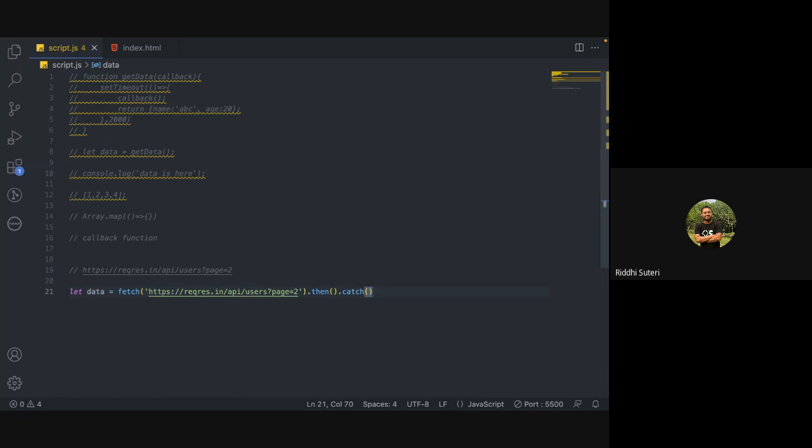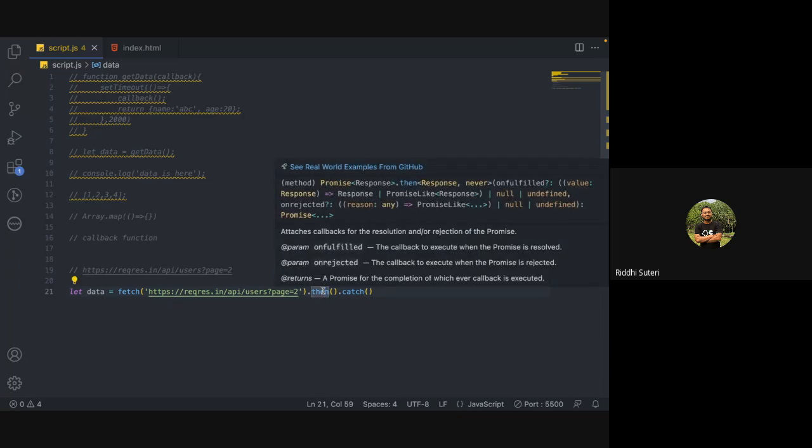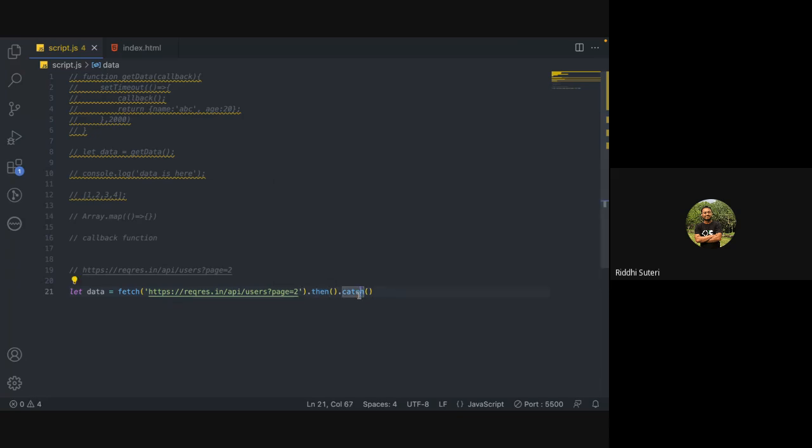दो मेजर पॉसिबिलिटी हो सकती है आपके प्रॉमिस की, या तो वो रिजॉल्व हो जाएगा, या तो वो रिजेक्ट हो जाएगा। रिजॉल्व एंड रिजेक्ट मतलब या तो वो सक्सेसफुल हो जाएगा, अगर आपने कॉल किया है तो बोलेगा बॉस आपने जो कॉल किया था मेरा काम सक्सेसफुल है, आई एम रिटर्निंग योर पॉजिटिव आंसर, आई एम रिटर्निंग यू विद द रिस्पॉन्स, ठीक है, आप आगे जाके इस पे जो भी करना है करो। या तो बोलेगा बॉस जो आपने कॉल किया या तो मैं चल नहीं रहा हूँ, या तो मेरा मन नहीं आपको आंसर देने का, आई एम नॉट गोइंग टू वर्क ऑन दैट, ठीक है, तो वो रिजेक्टेड स्टेट हो जाएगा।